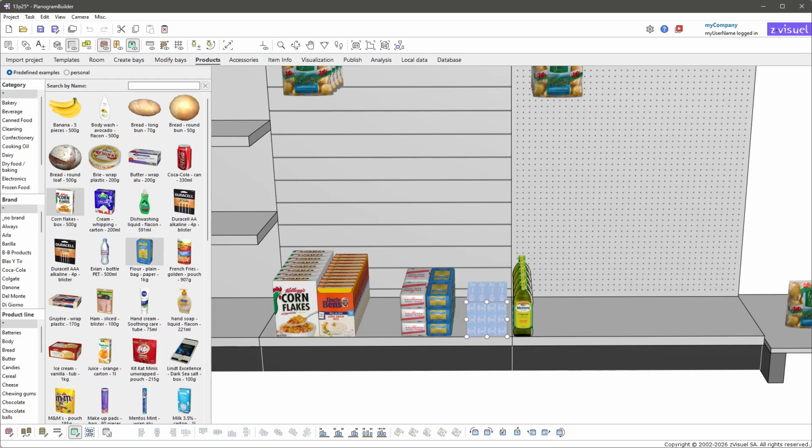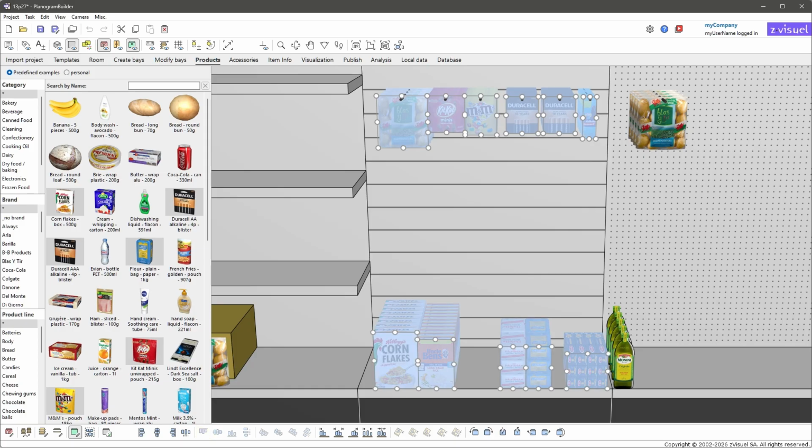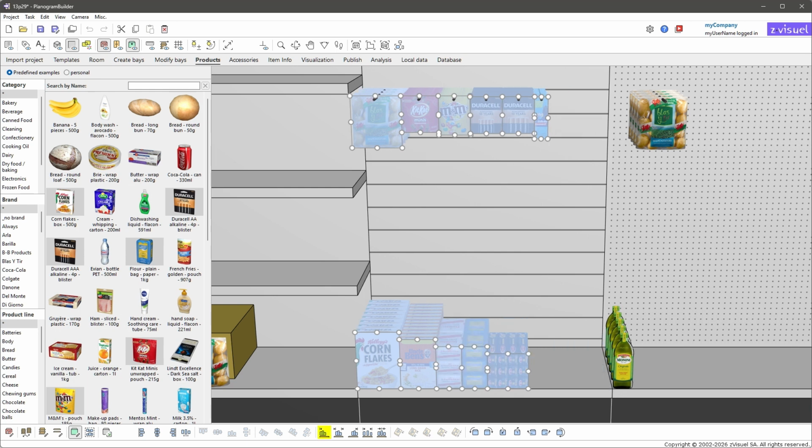Finally, we will explore various commands to quickly arrange items in your planograms. Add more products as shown here and select them. Click on Align Top to put them at the same level. Hold the Control key and draw a rectangle with your mouse to add the bottom products to your selection. Now click on Pack Left to move and group them to the edge of the shelves. Notice how each row of product is moved independently on its respective shelf or back panel.